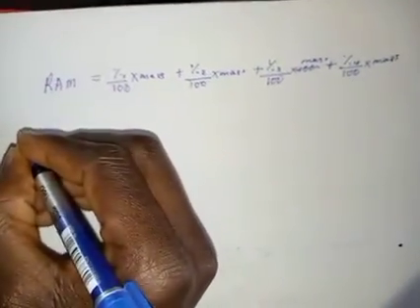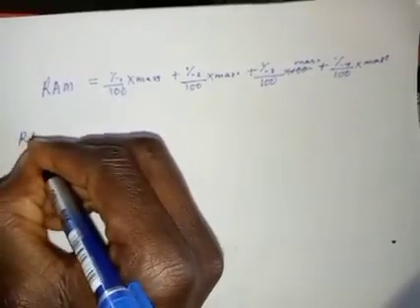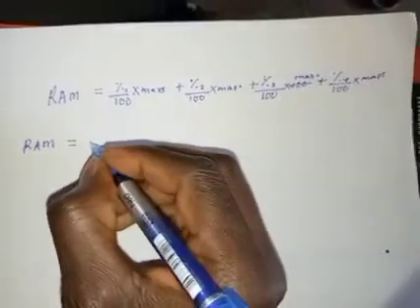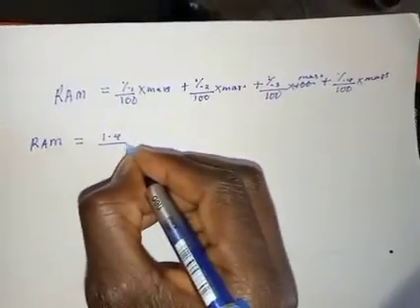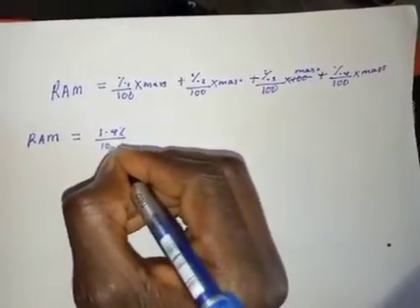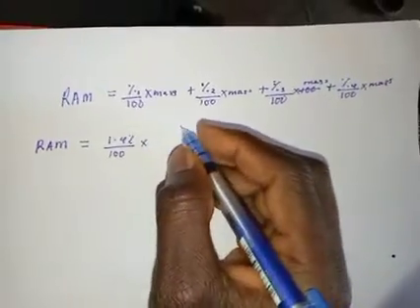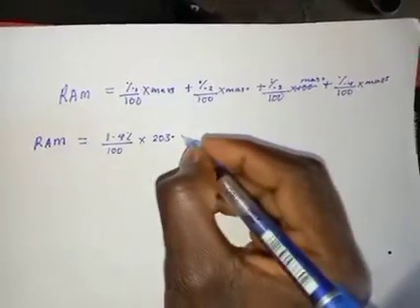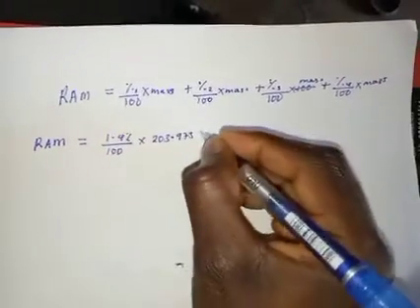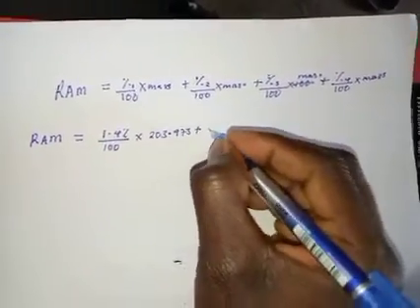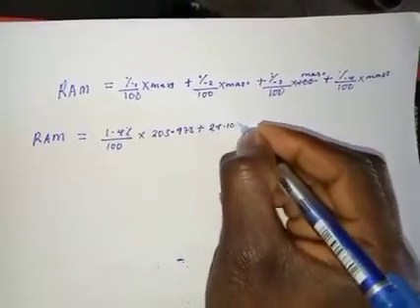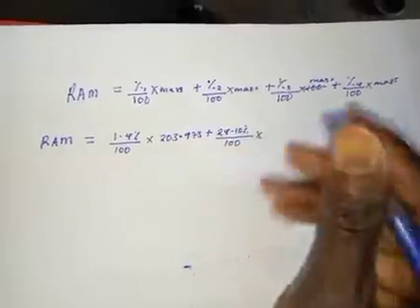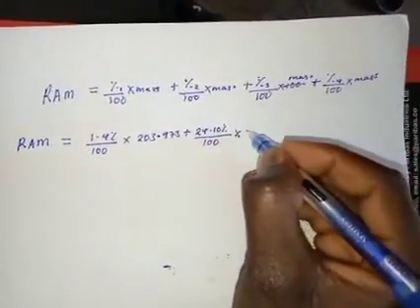So my relative atomic mass must be equal to, the first isotope is 1.4 over 100, multiplied by its mass, which is 203.973, plus the second isotope, having 24.10 as the percent over 100, multiplied by the respective mass, which is